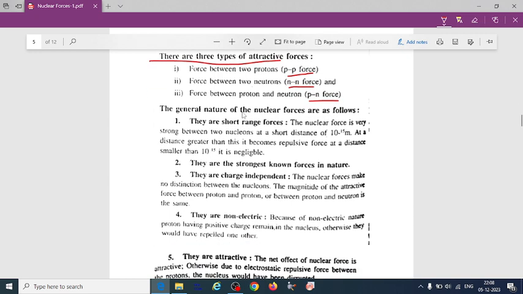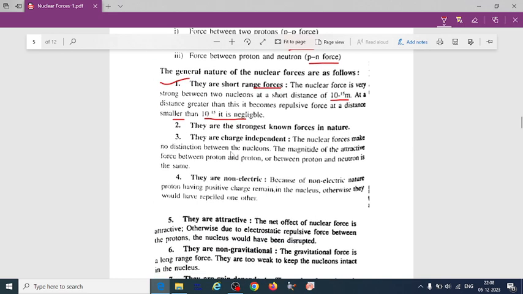So, the general nature of nuclear forces. First, they are short range forces, because nuclear size is about 10 to the power minus 15 meter, 1 fermi. This distance is very small. Beyond that, the nuclear force becomes repulsive. So that's why it exists only within 10 to the power minus 15 meter, and is short range. They are the strongest known forces in nature,